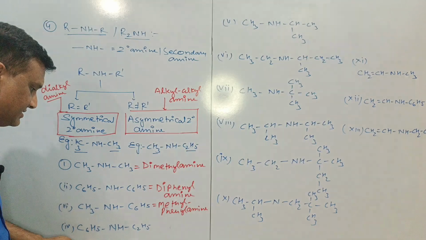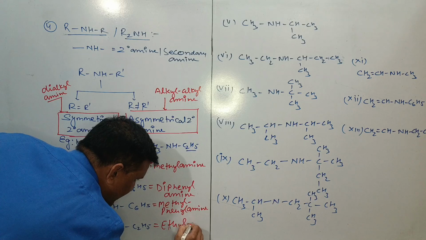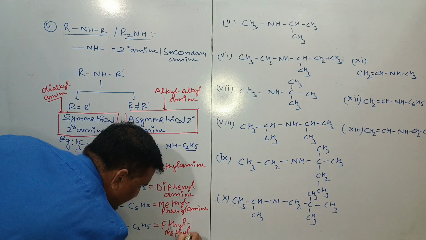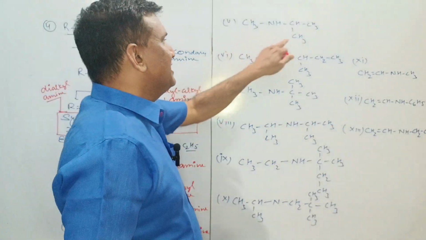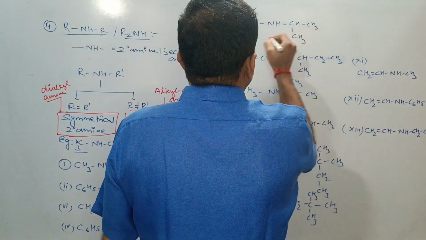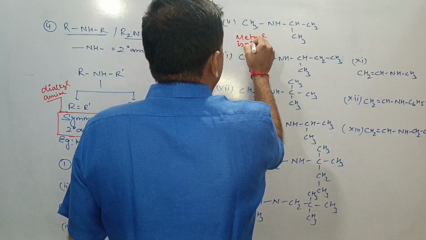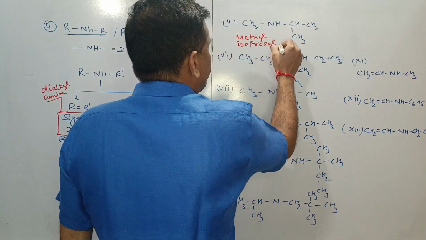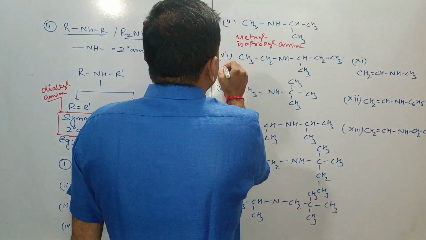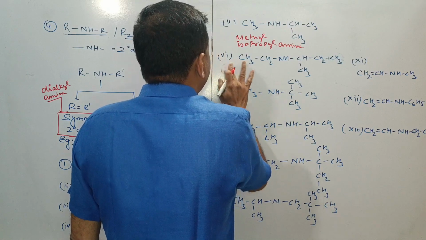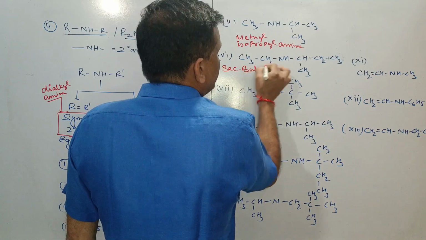Now I would like to go with this: this is the phenyl, this is the ethyl, so ethyl, E is more prior, so this is ethyl methyl amine. This is methyl isopropyl, so the name of the compound is methyl isopropyl amine. We will not concern the I of isopropyl, we will concern the P of propyl. For this, this is the ethyl, this is the secondary butyl, so butyl, B, is prior to ethyl, so it will be secondary butyl ethyl